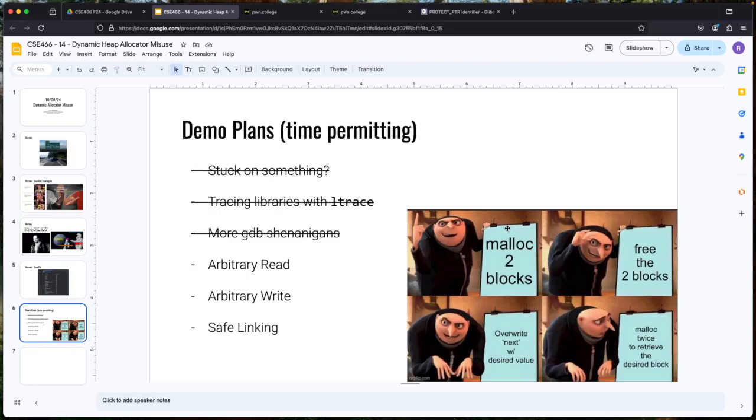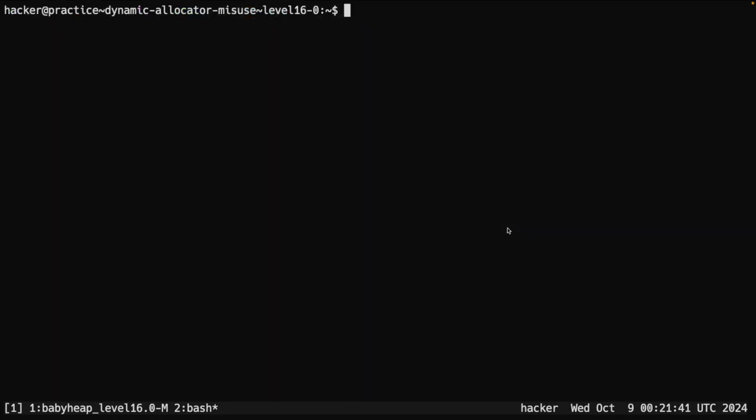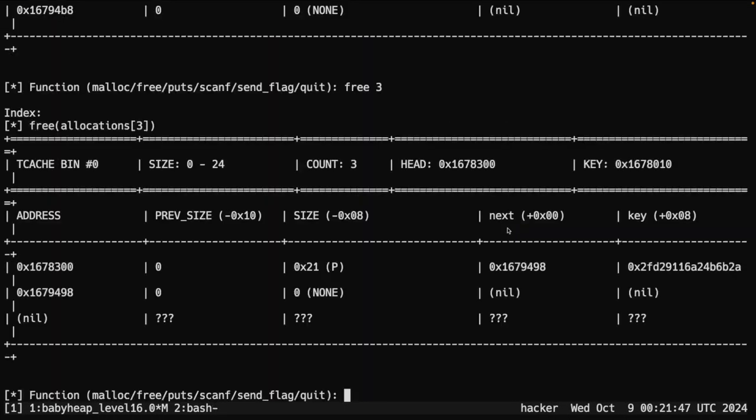So I have to understand what value is going to be mangled. So can I write the next pointer? No. What do I have to write there? I have to mangle the next pointer. So if I wanted to write a next pointer,